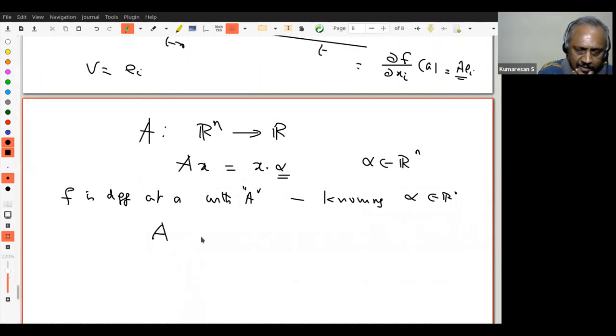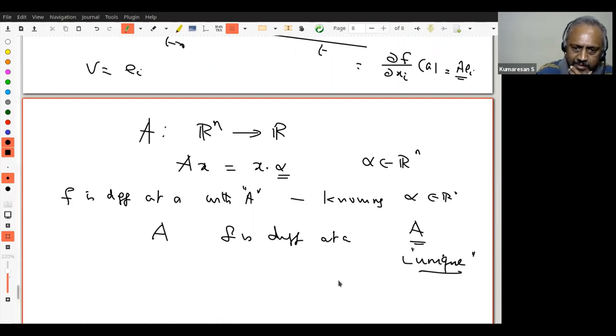If f is differentiable at a, then there is a linear map A. Now, this linear map is unique. You can see a proof in my article, but you can skip it. When you come to final year BSc, 6th semester or the first year MSc, you can go through the proof. For the time being, you assume such an A is unique.